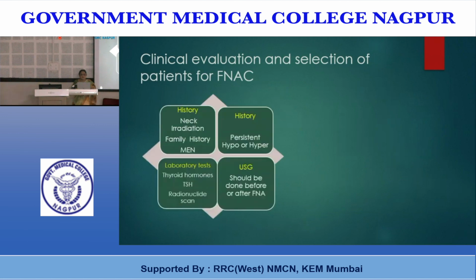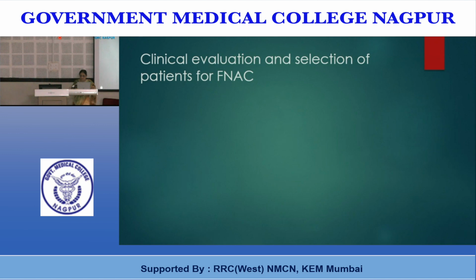Evaluation of a goiter involves detailed history taking, and the first and foremost thing that you have to ask the patient is history of neck irradiation. The family history is not only applied to medullary carcinoma, but also to PTC. If in a family 2 to 3 members have microcarcinoma in the thyroid, removed for some other reason, it really puts the family at risk, and then the children need to be screened by USG. A systematic physical examination is simple, inexpensive, but an imperfect method, and unfortunately it is neither sensitive nor specific in the diagnosis of cancer. There are a host of tests that are available, and